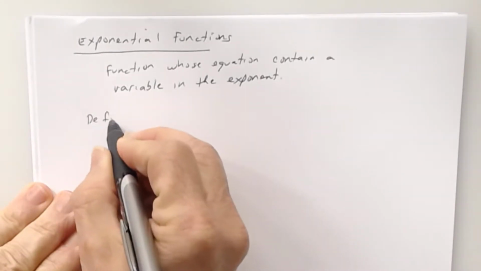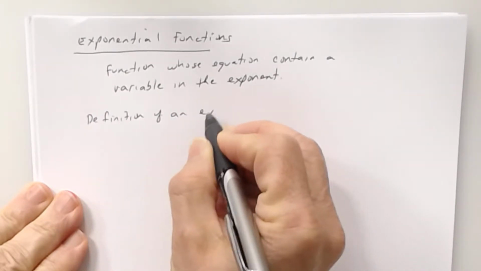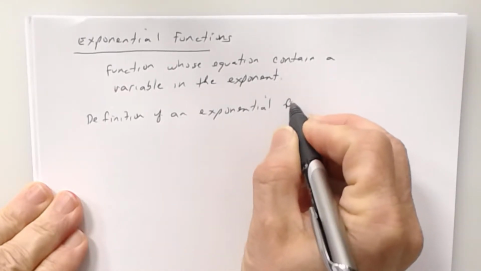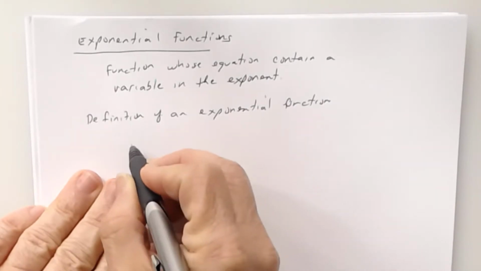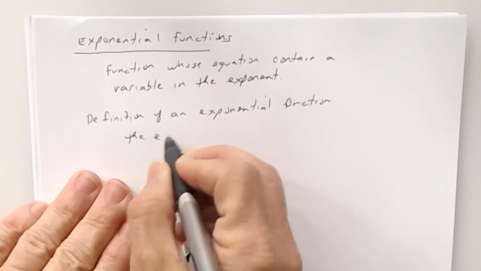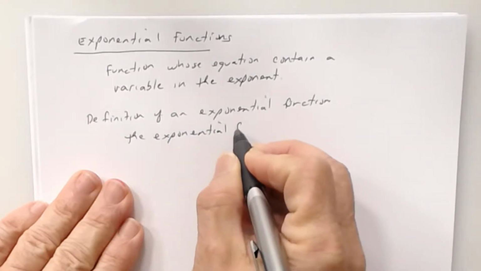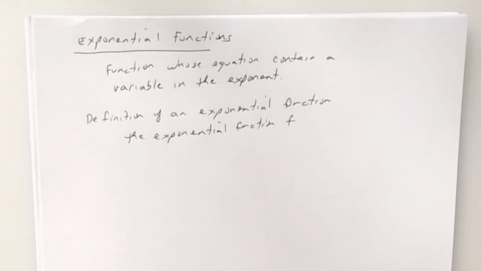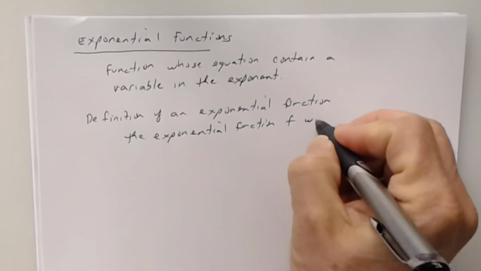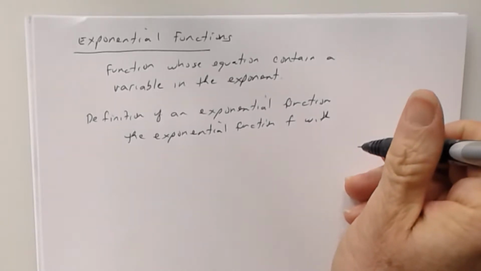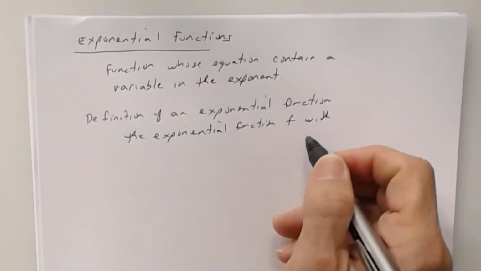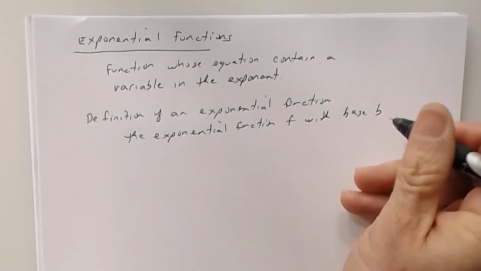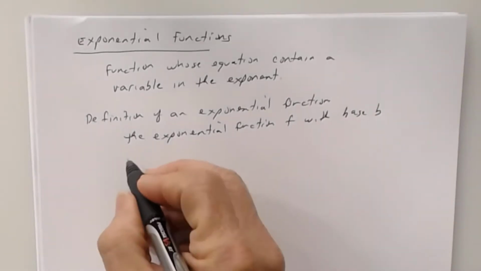But here's the definition of an exponential function, though. All right, so we're going to say that the exponential function, and we'll call it f, like f of x, g of x, h of x. So we're just going to call it, in this case, f. So the exponential function f with, now yesterday when we were talking about exponential equations, and we solved those exponential equations, that's the only way we knew how to do it, we had to get what to be the same? The bases. All right. So the exponential function f with base b, so I just want to make sure you remember the word base, with base b is defined by,